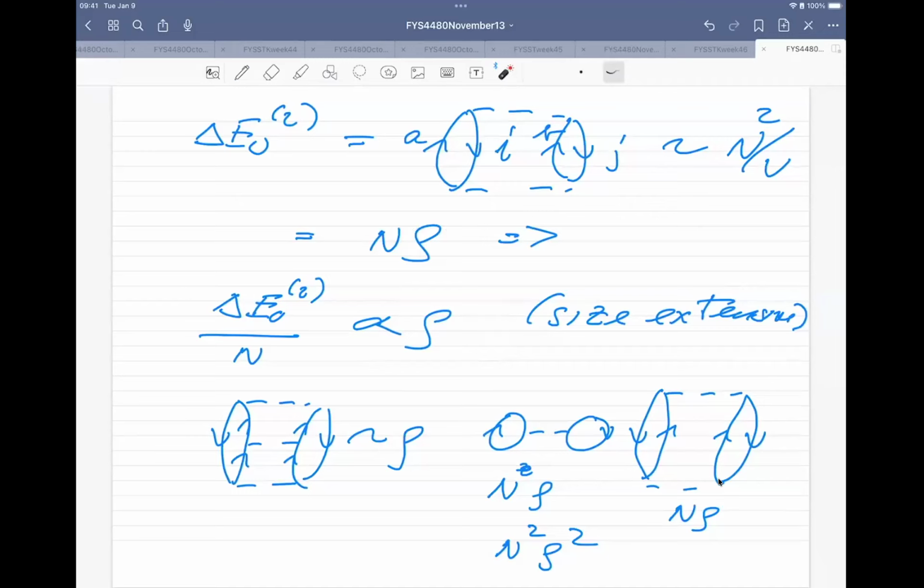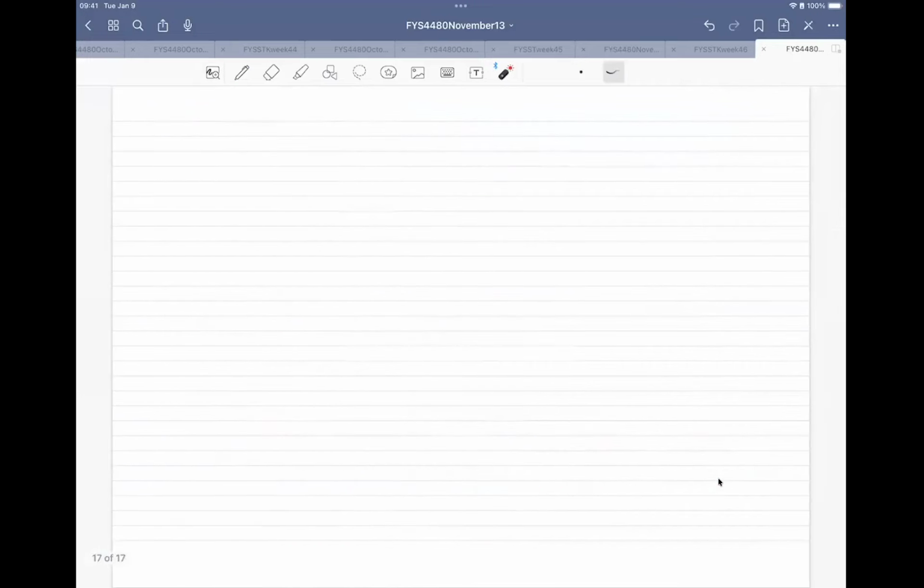So one of the prices we pay when we use Rayleigh-Schrödinger perturbation theory is that we get unlinked diagrams order by order. Now, we will get the same when we deal with coupled cluster theory, and we are coming back to that a little bit later. So what I want to do now is to switch over to coupled cluster theory, and